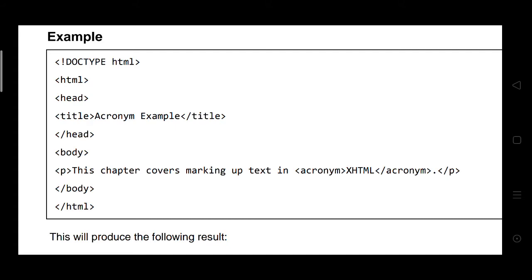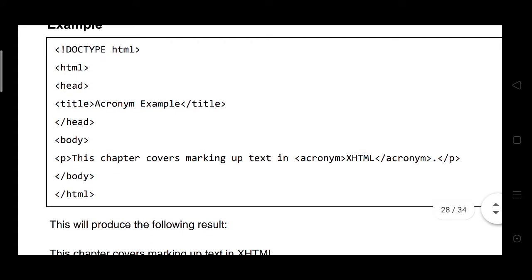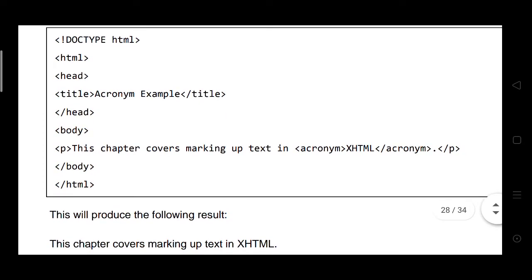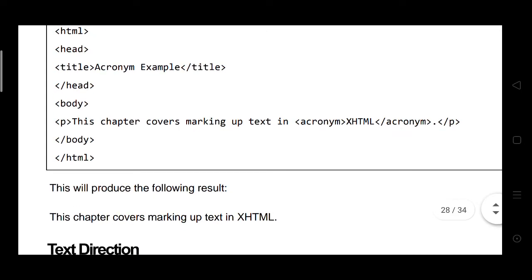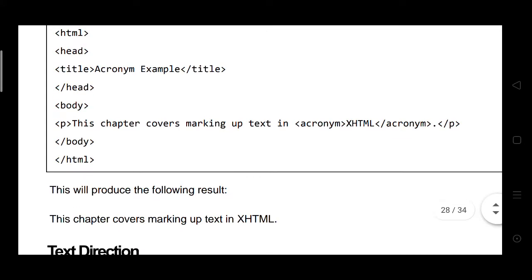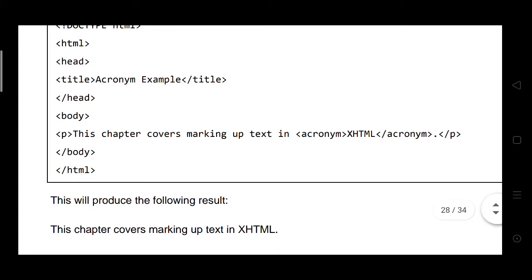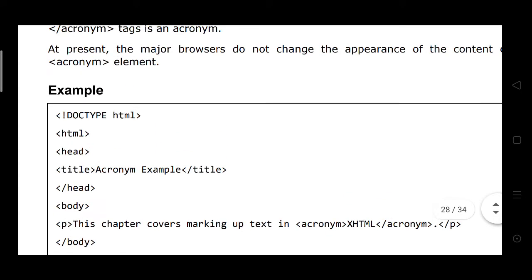This chapter converts making up text. Acronym XHTML, close the tag. This chapter converts making up text in XML. This is the output or result of this program.